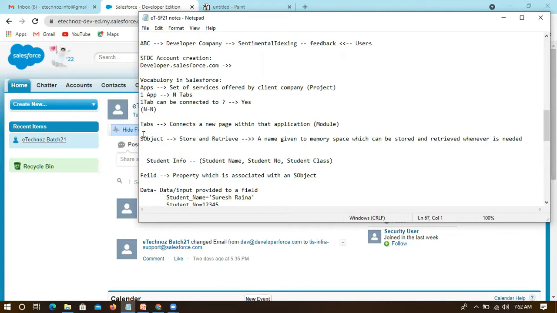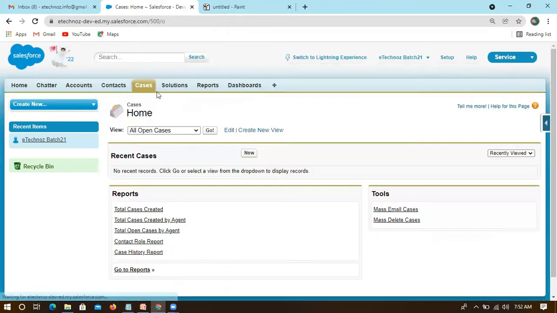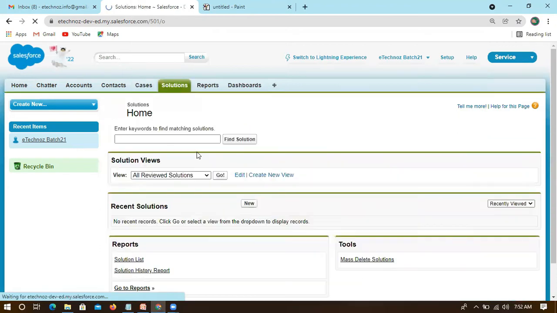So it comes to tab and S object. I have mentioned that when I click cases, it will redirect to the information of that specific S object, that memory space only. If I click solutions, behind it there is an S object which is holding the information of solutions.